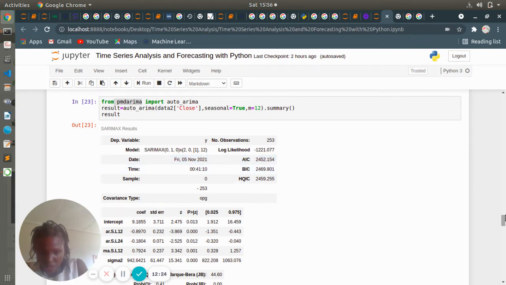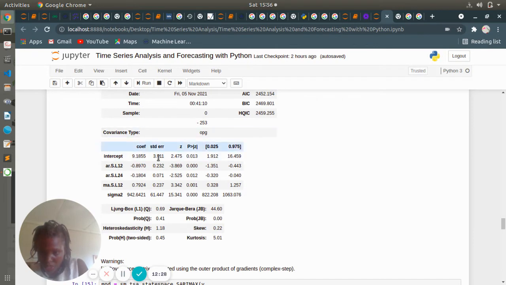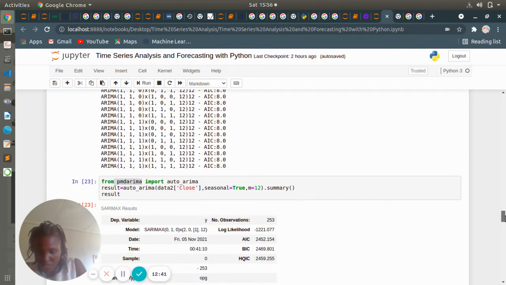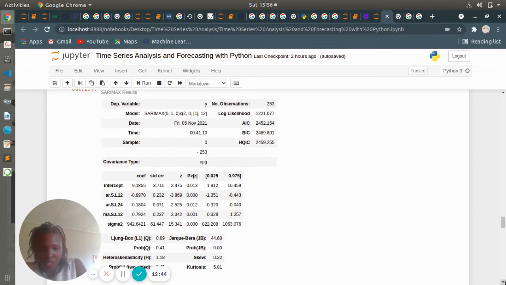It is also giving you the coefficients, the error, and all this stuff, the heteroscedasticity, showing you the skewness and the kurtosis of your data, all that. But what we're interested in is knowing the right combination. So after you get the right combination,